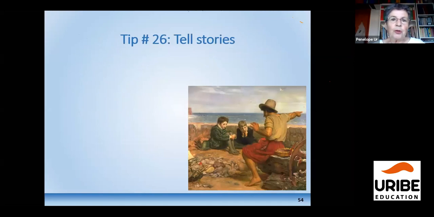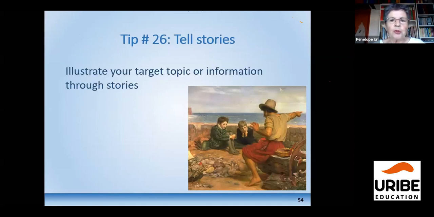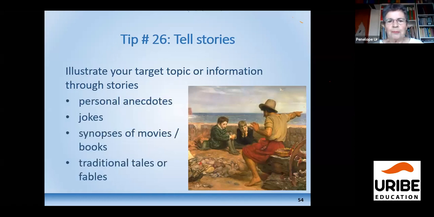Okay. For example, tell stories. Okay, tip 26. They love stories. Not only young students. It's advanced students that also like stories. I like stories. Everybody likes stories. I've often noticed when I'm giving a talk and I say, okay, let me just stop and tell you a story, everyone sort of jumps to attention and listens, and it raises motivation. People like listening to stories, these sorts of things. Okay, movies, traditional tales, even stories they already know, never mind, they like.